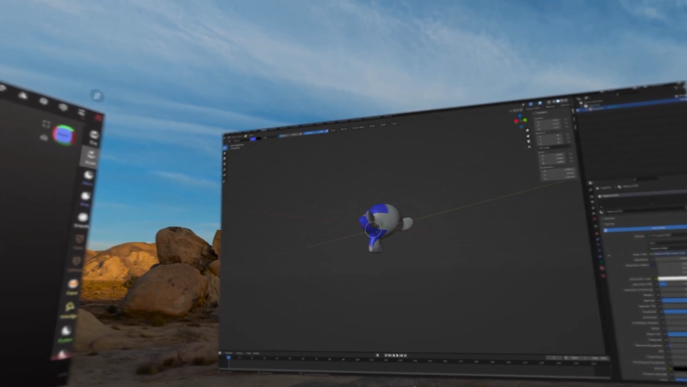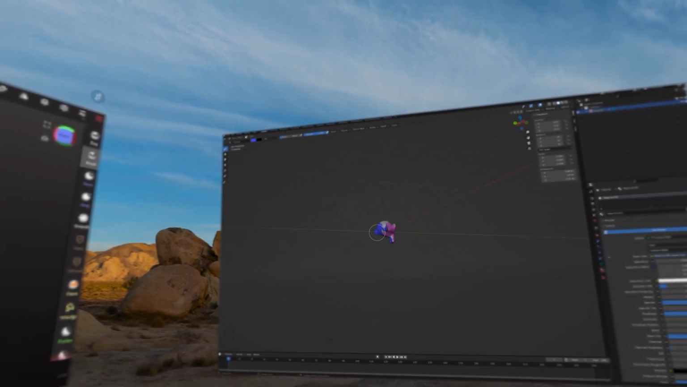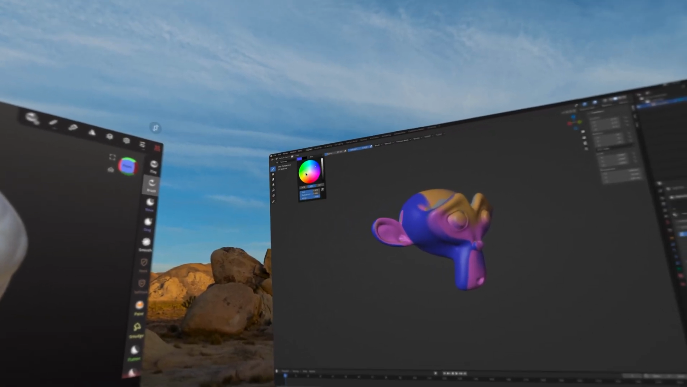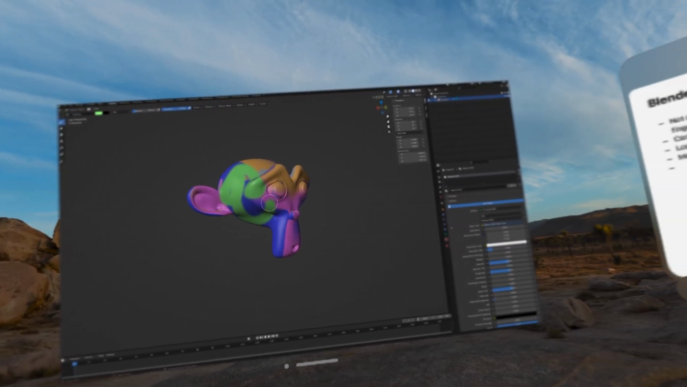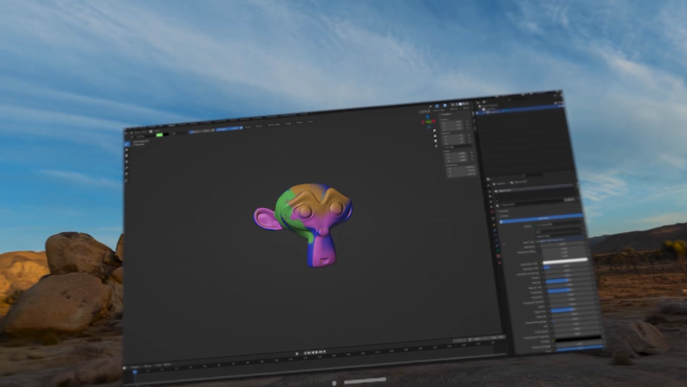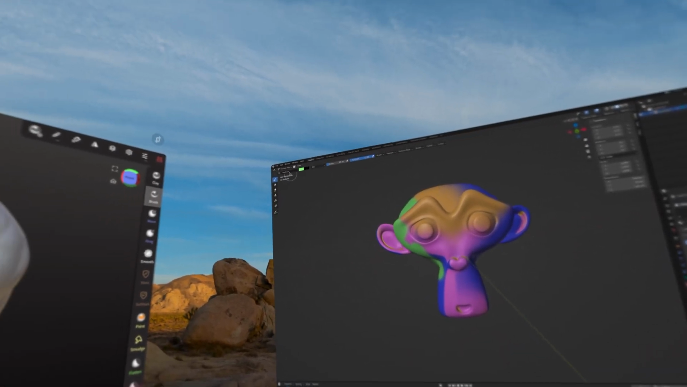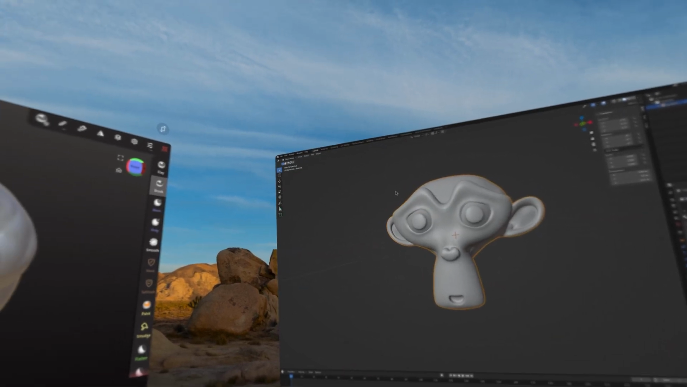we can have multiple USDZ actually being displayed in the environment. So this is the basic Apple Vision Pro environment. We can run the apps that's running on the Mac Mini. So